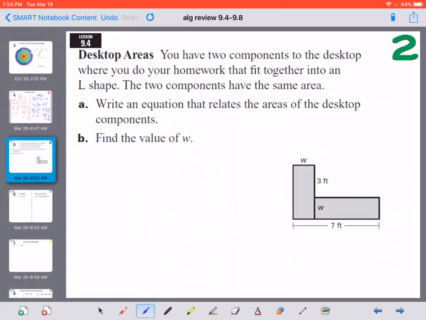Next one, we're looking at desktop areas. So it says you have two components to a desk where you do your homework that fit together in an L shape. The two components have the same area. Write an equation that relates the areas of the desktop components. Well, I see that these are rectangular, and the rectangular area is length times width. So I'm going to look at